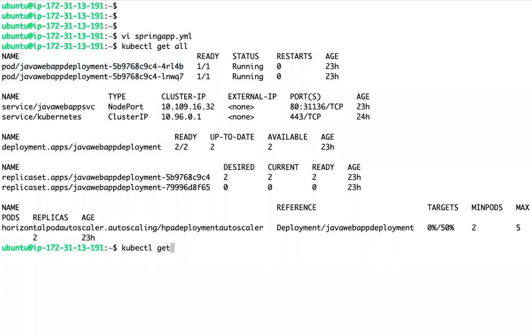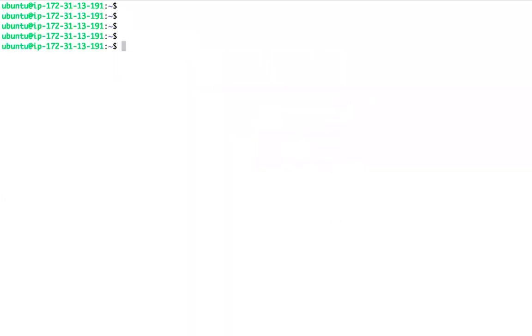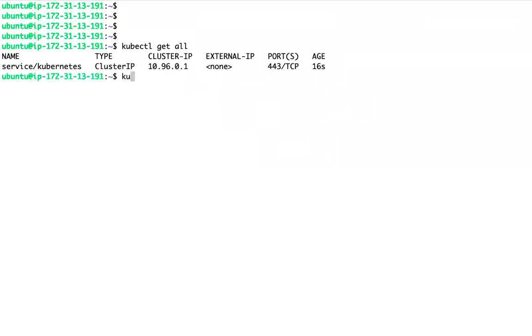You are going to use all these concepts based on your requirement. So first let me delete everything. So I don't have any application as of now.